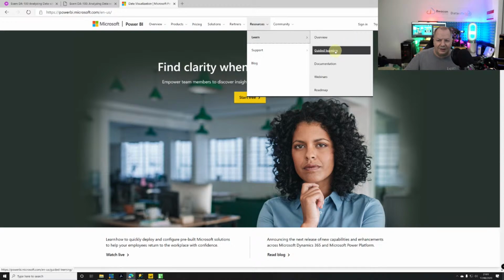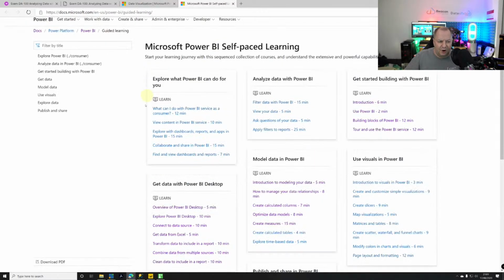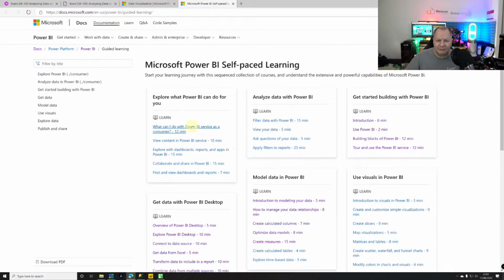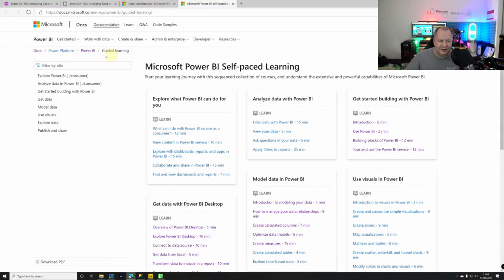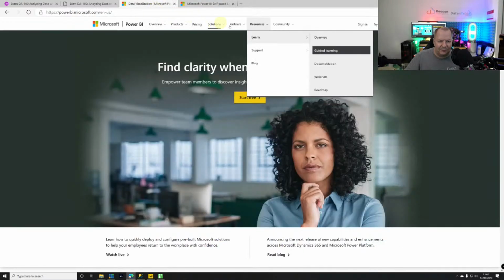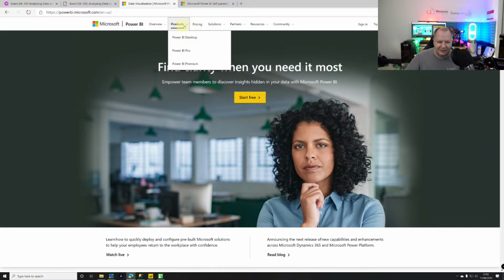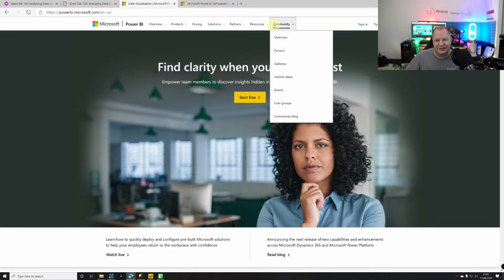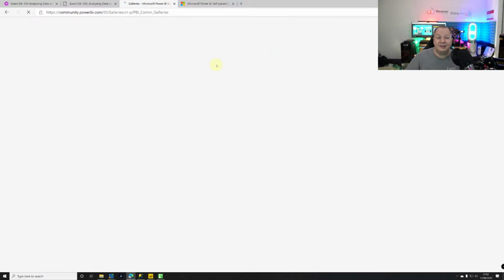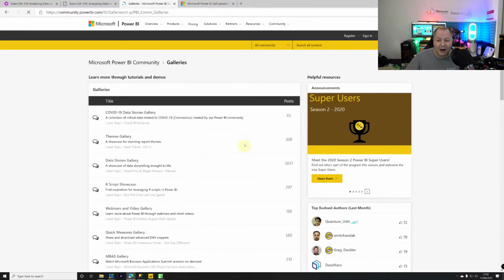And if you go into guided learning, you'll see there's a whole bunch of examples here. What you can also do is go and find a whole bunch of samples out there that you can download and look at. Where's the one I'm looking for? I want to find it, if I can, they move stuff around. Oh, community, there it is. Okay. You want to go look at the galleries. So go look at the galleries, go grab some of the examples, download them, and look at how they're building